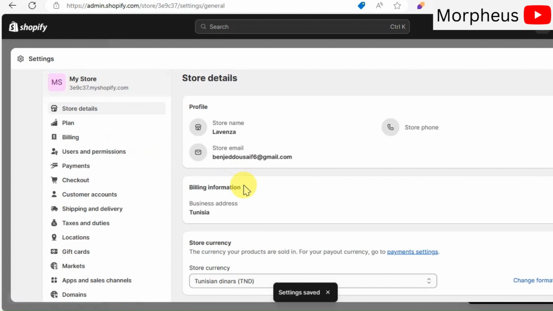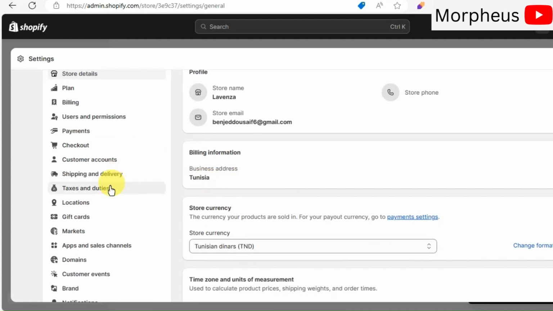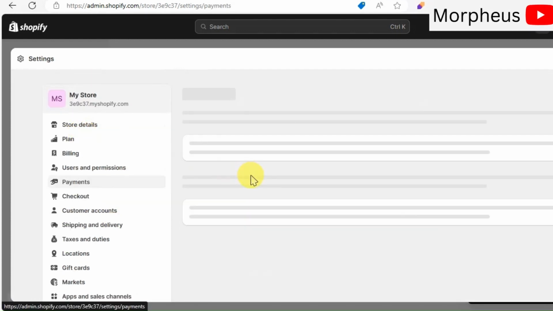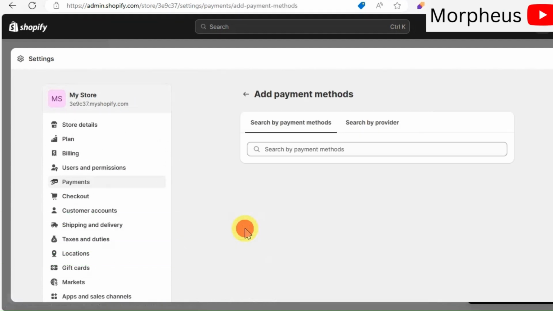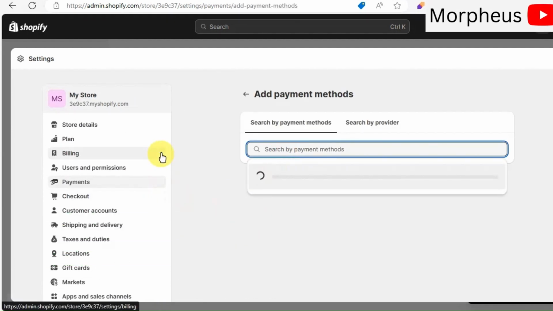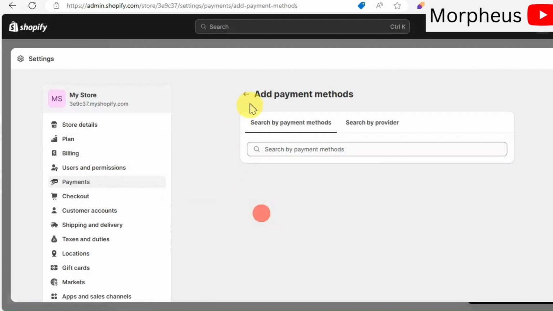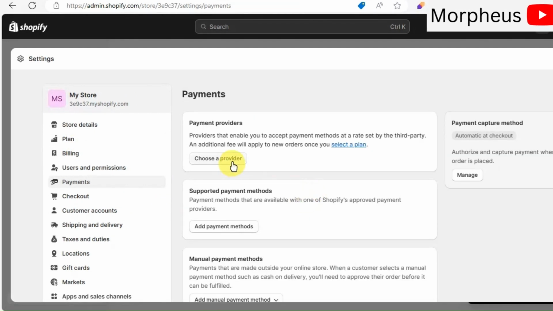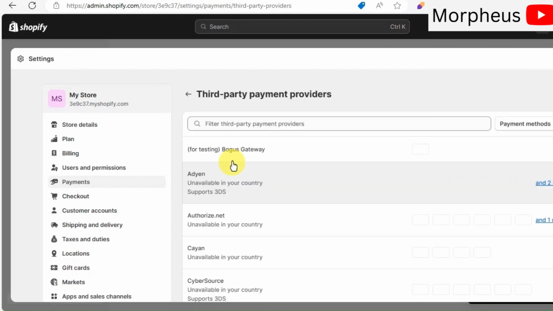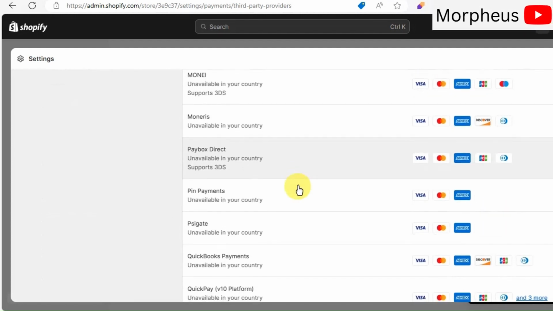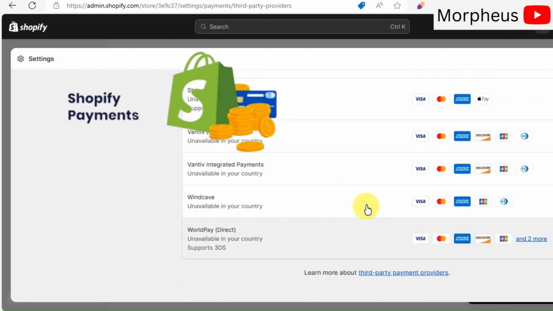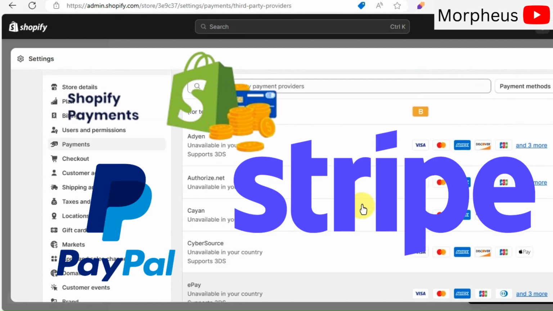Now, another important thing is to go to your payments and choose a payment provider or providers based on where you live. So, for example, if you live in the US, then the most common payment providers out there are Shopify Payments, Stripe, and PayPal.